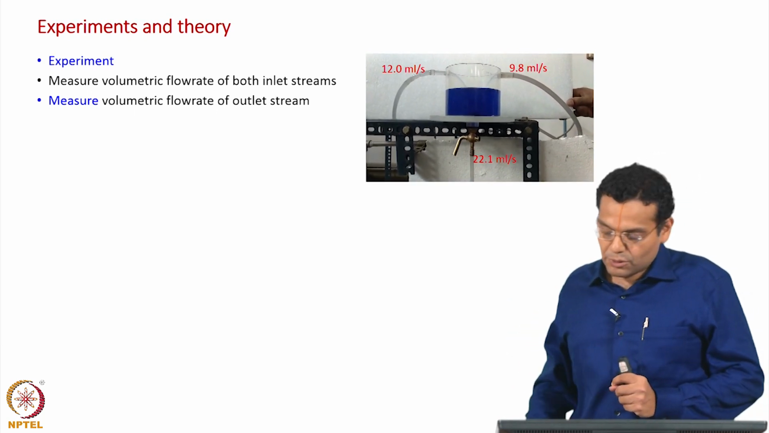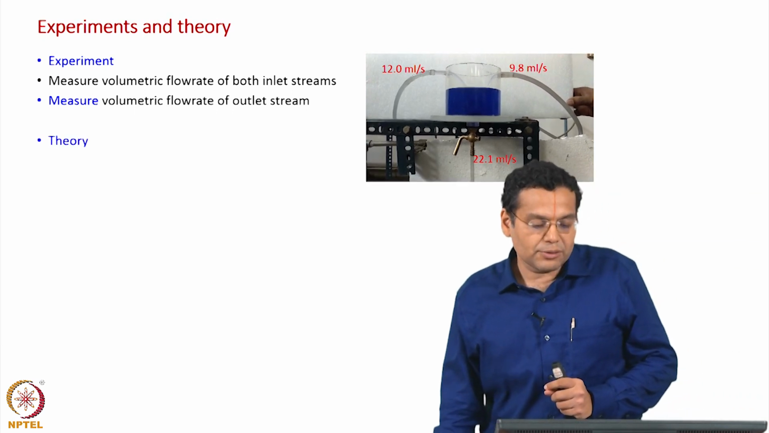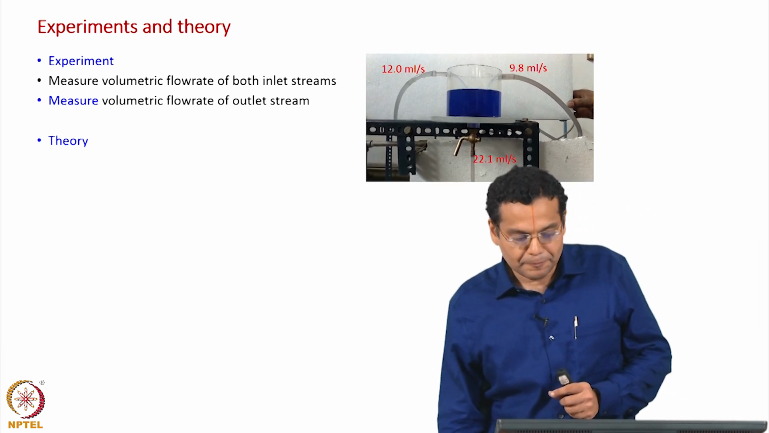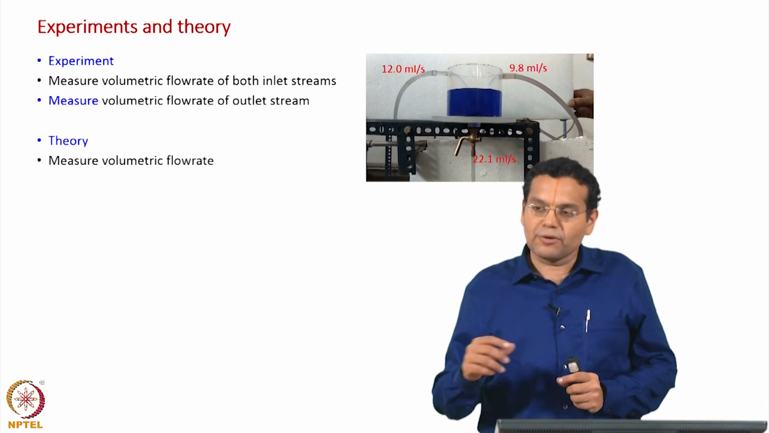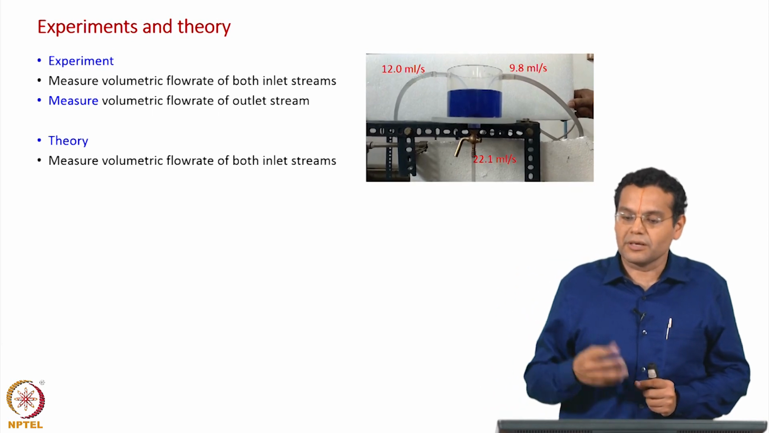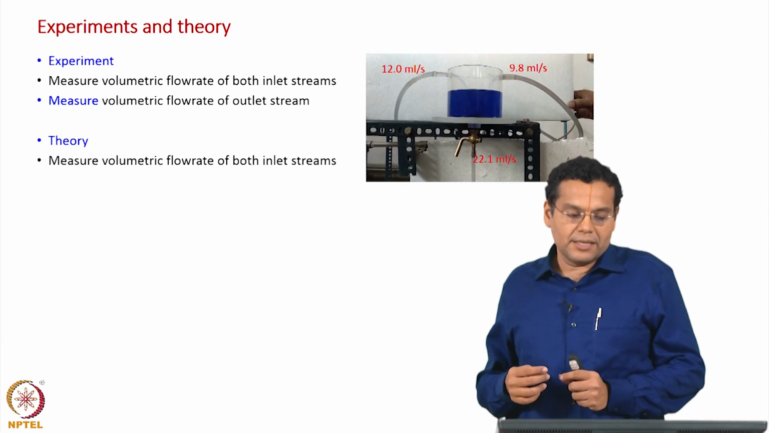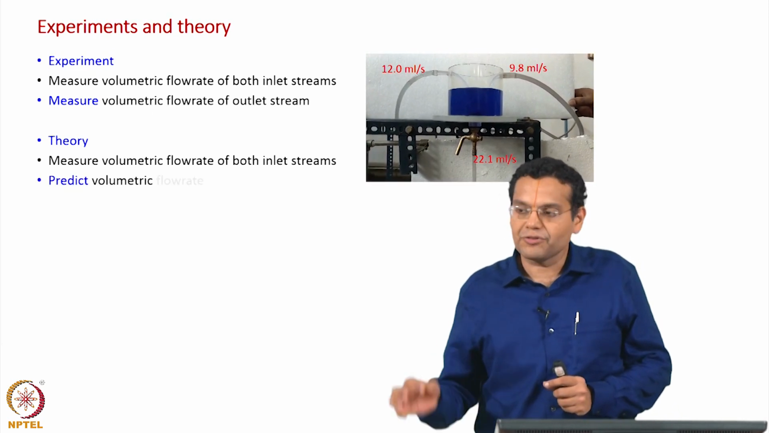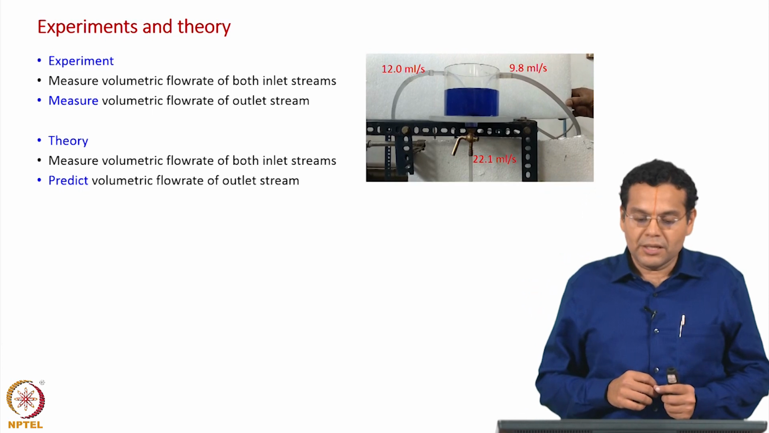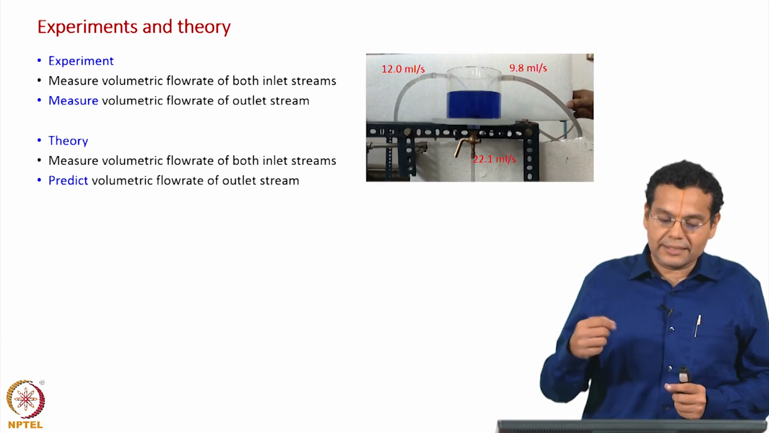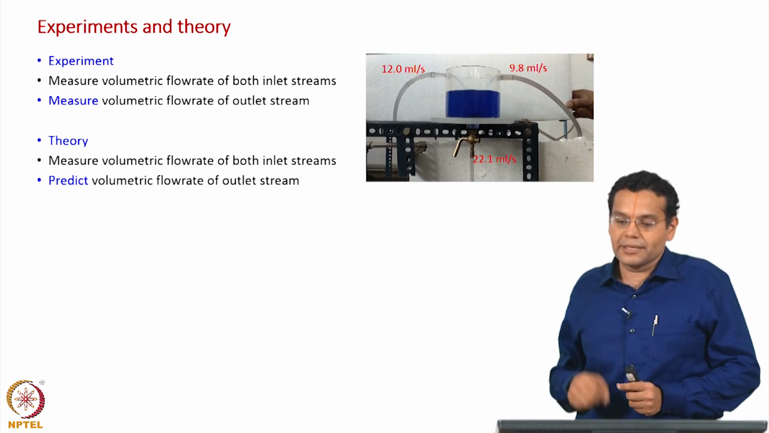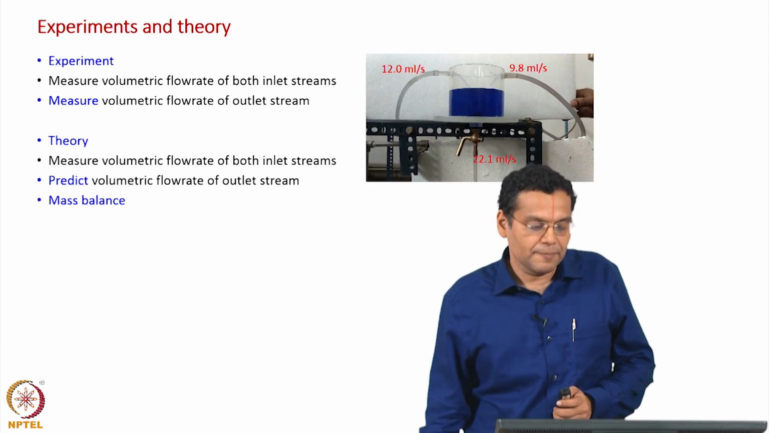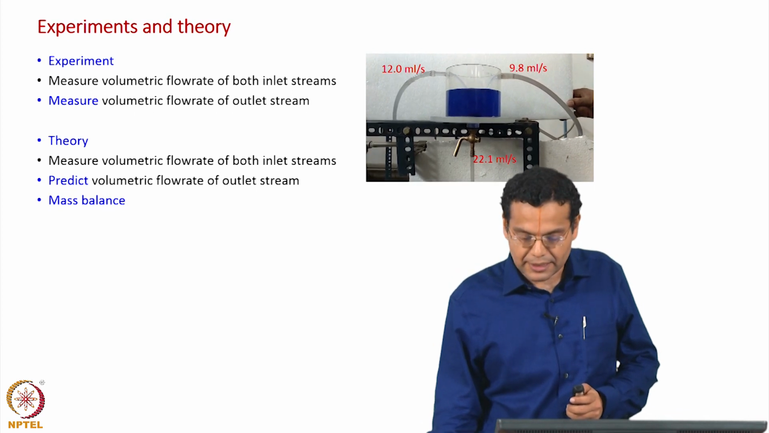Alternatively, let us look at the theoretical approach, wherein I once again measure the inlet flow rates of both the streams, which of course are 12 and 9.8, but now I wish to predict the outlet flow rate instead of measuring it. So, in the first case we measured it, in the second case we want to predict it. Now, to predict it we will use a simple mass balance, and for this simple tank with 2